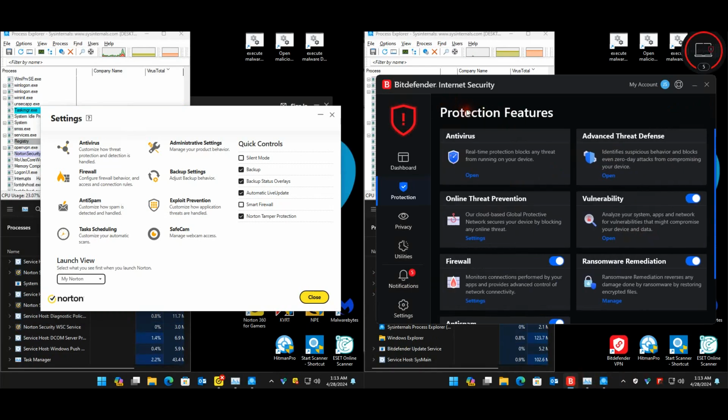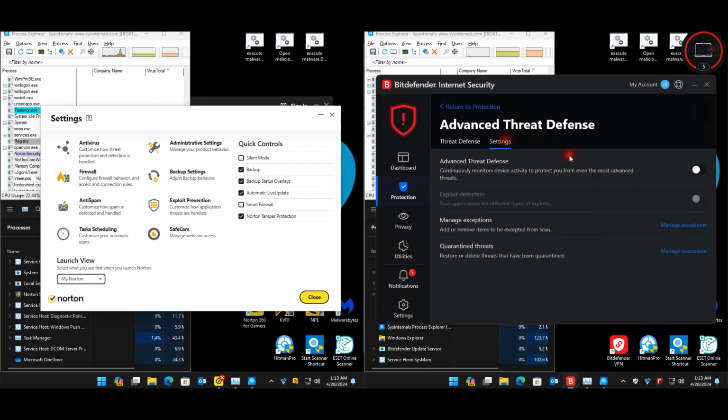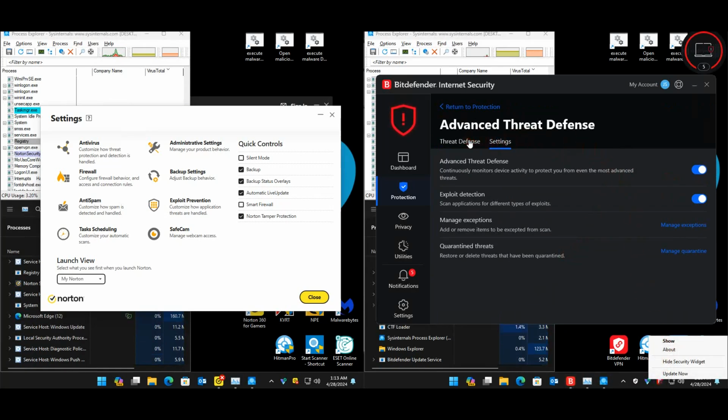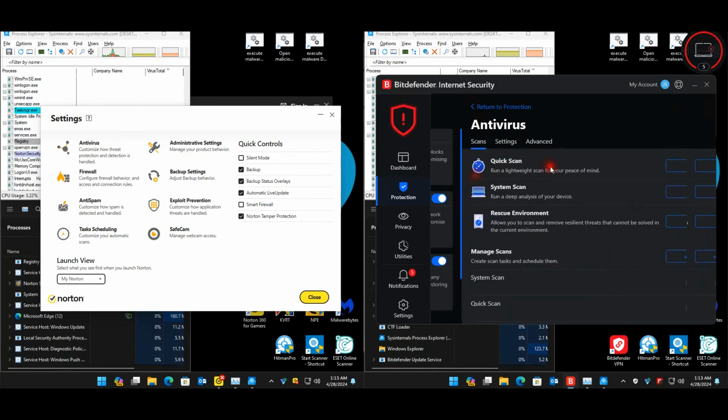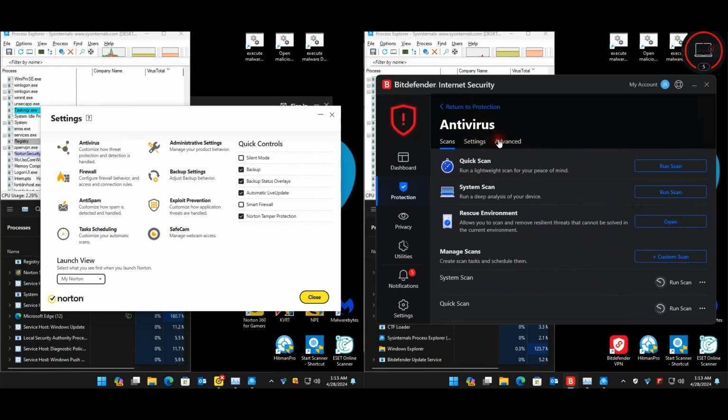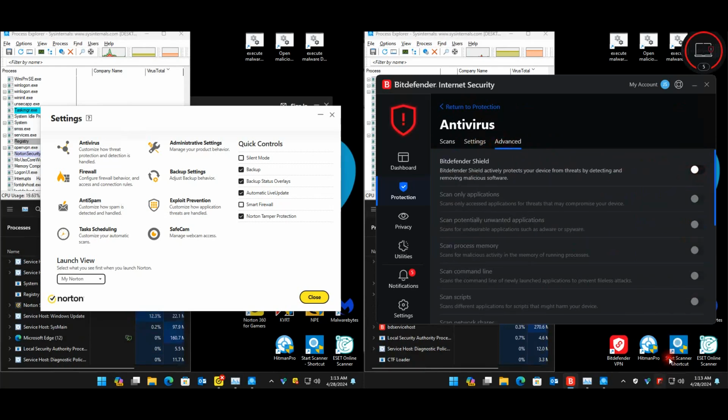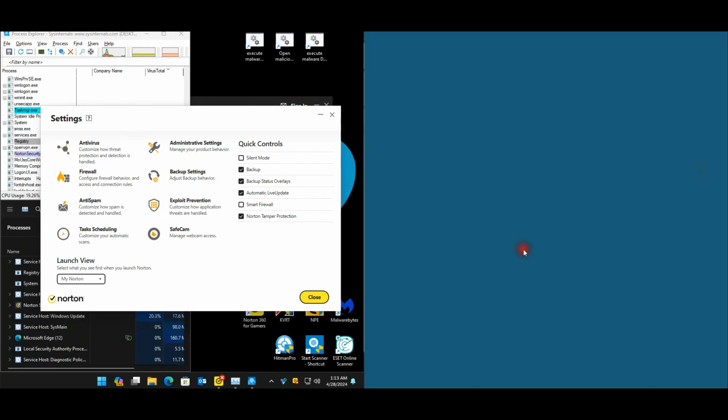So let's quickly enable the auto protect. If anyone of Bitdefender's staff is watching, please guys, there must be an easier way for us to disable the protection for a short period of time. Like all the other AVs, there's no quick way to disable the protection. You have to go into settings every single time to do it. So I wish Bitdefender will do it like the other AVs, where you can just do it from the taskbar, but nonetheless we're gonna enable the protection.